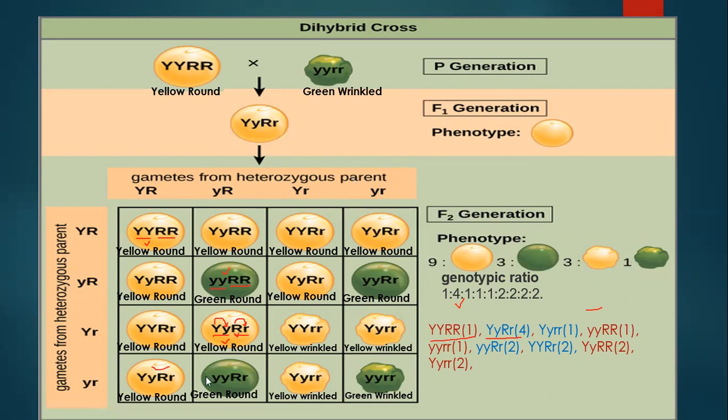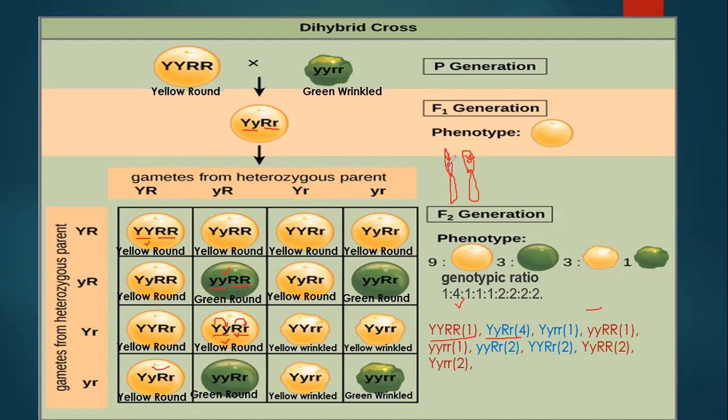If you see this law of independent assortment, this holds good for the alleles which are present on a homologous pair of chromosomes. So you have this homologous pair of chromosome. Suppose here we have capital Y, and the allelic pairs for one trait are always present on a homologous pair of chromosome. So this small y will go to the paired homologous chromosome.